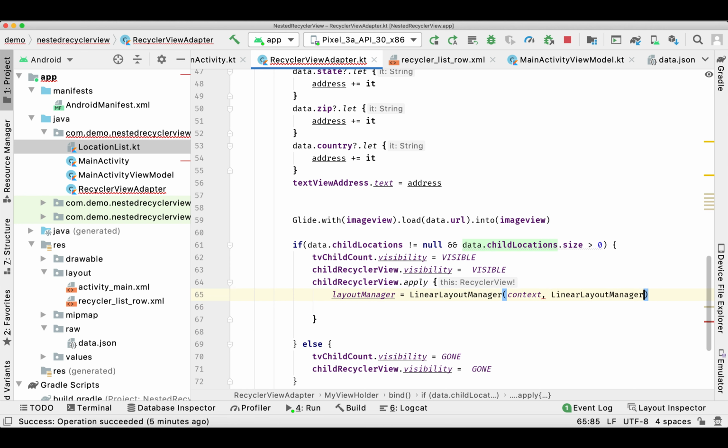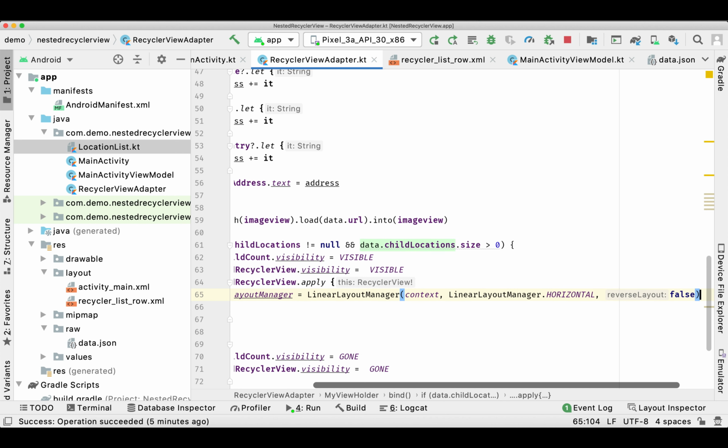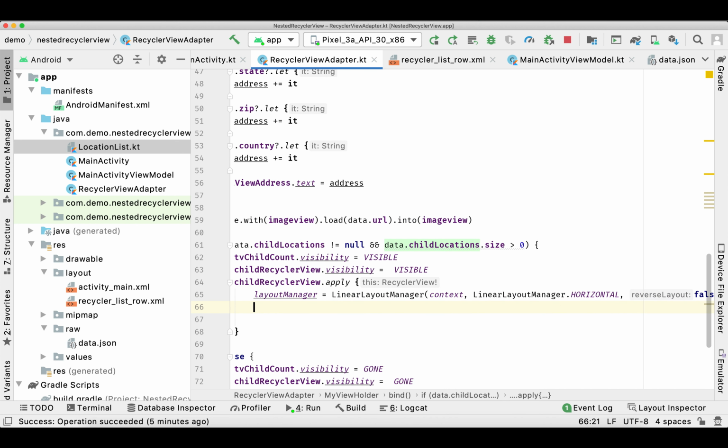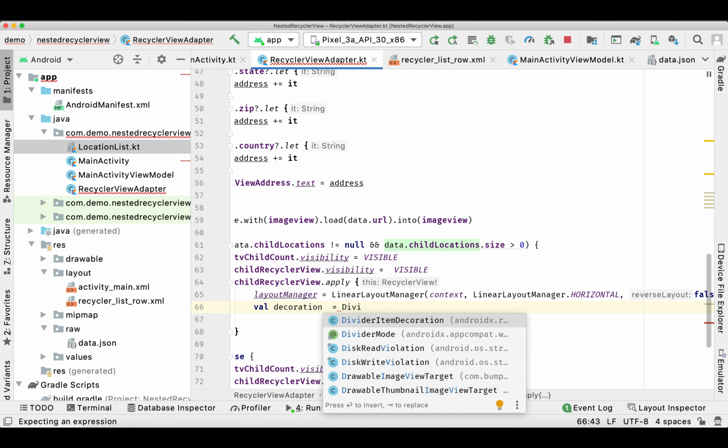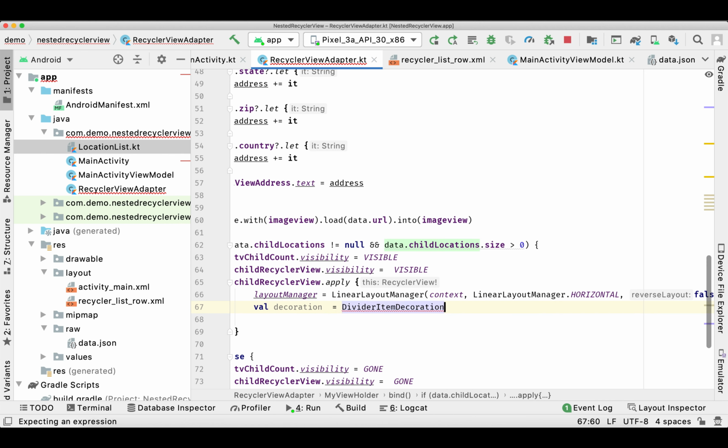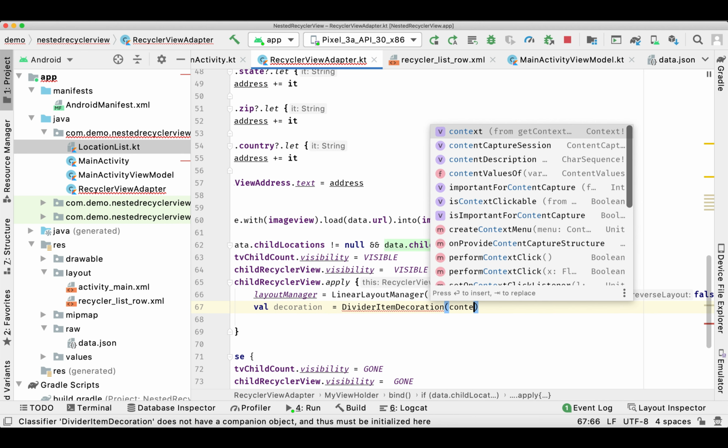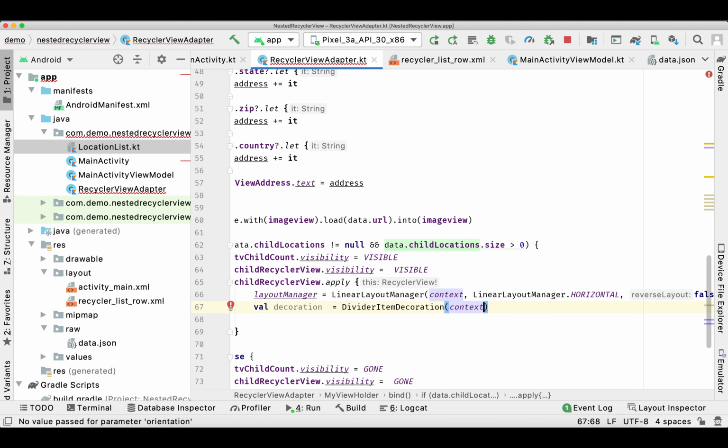As I said, we are going to have the horizontal recycler view for the child element, so I'm adding it as a horizontal layout manager. Same thing, the decoration we need is for the separator, but this time the separator is going to be in the horizontal mode.